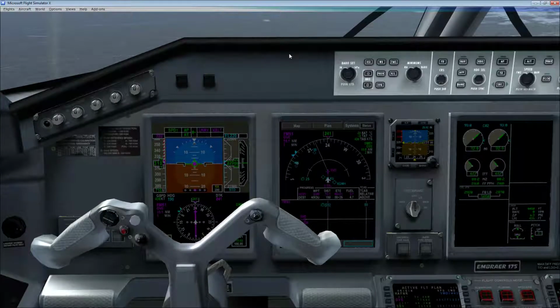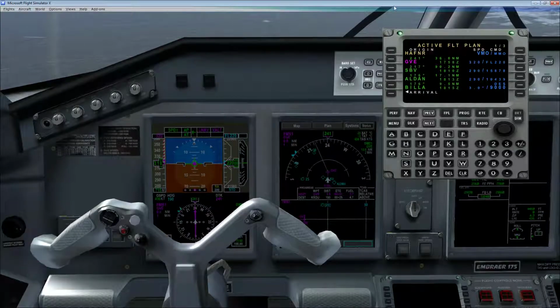Okay, so shift 3 to bring up the flight plan. And they say Embraer Papa X-ray Juliet Golf, your assigned runway at Raleigh-Durham is 23 right. Cross Aldam below 10,000 at 250 knots. So let's go ahead and set